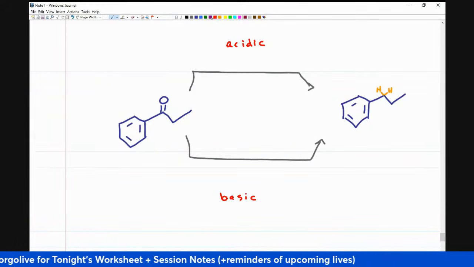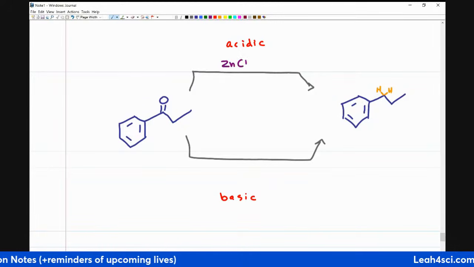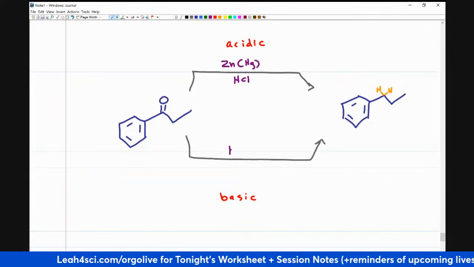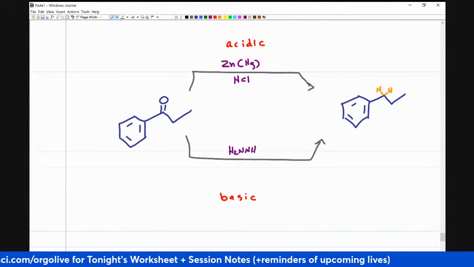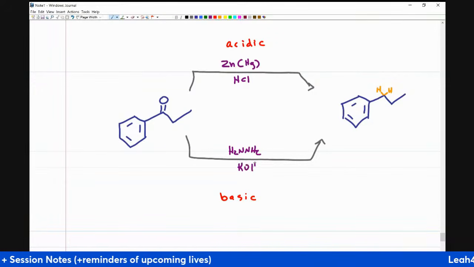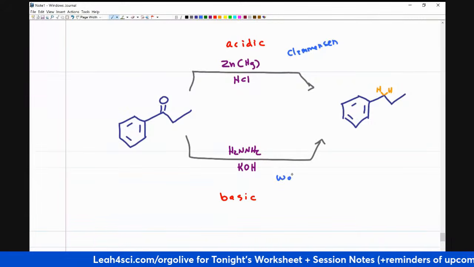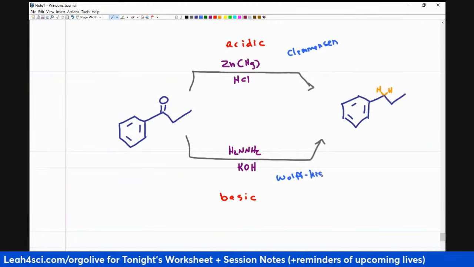In acidic conditions, we want to do the Clemmensen reduction. This is ZnHg, so zinc mercury with HCl. That's acidic. The basic condition is a Wolff-Kishner reaction, and that is H2N-NH2 and KOH. This is hydrazine and KOH, which is your base. So this is Clemmensen, and this is Wolff-Kishner. You'll see this a lot